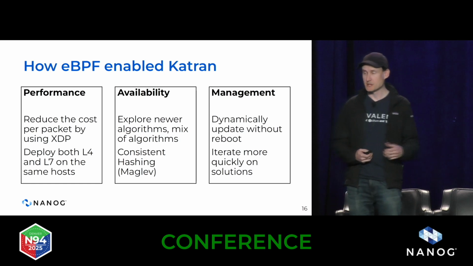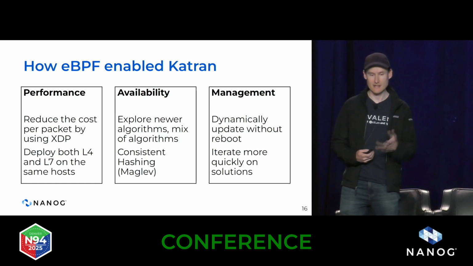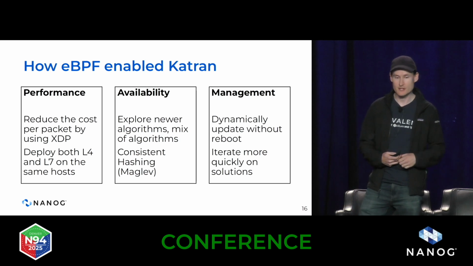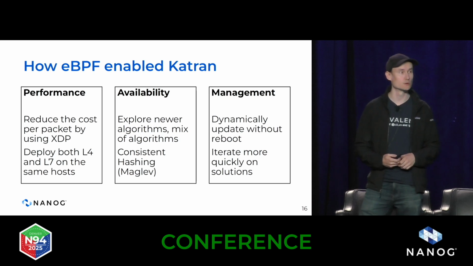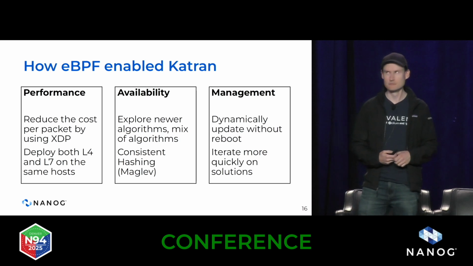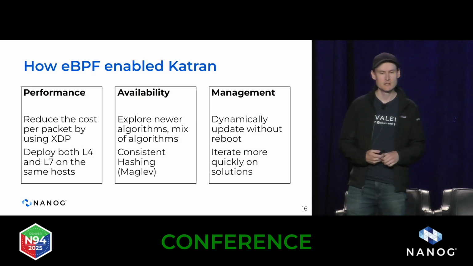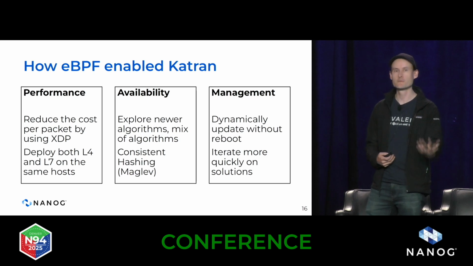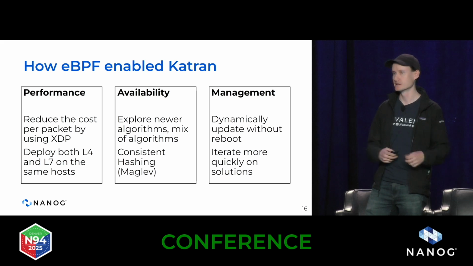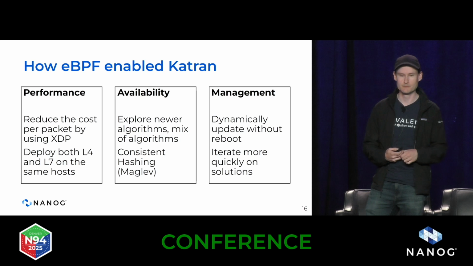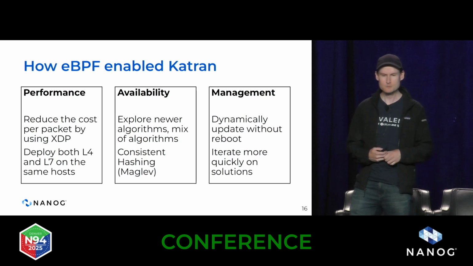So using eBPF, they rebuilt this layer 4 load balancer, and that's the project Katran. And this allowed them to significantly increase the performance. And part of the way that they did this is using a technology called XDP, which is Express Data Plane. And I'll talk about that briefly in a moment. And so by reducing that cost of the layer 4 load balancing on this commodity server, they were then able to also co-locate the layer 7 and layer 4 load balancers on the same systems, thereby easing some of the operational aspects of this problem space.